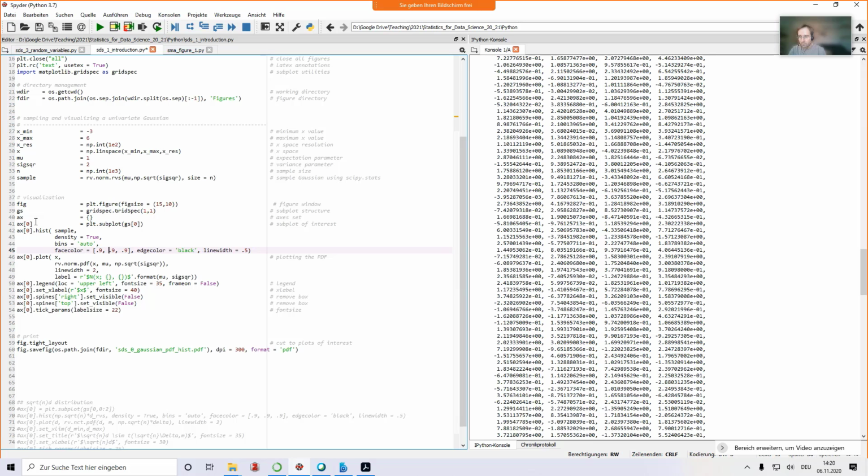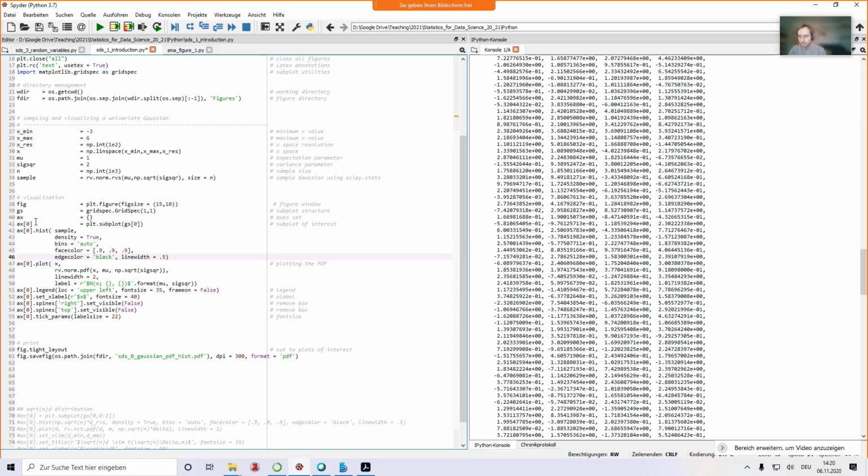Then it depends a little bit on how you set the bins. You can specify your own bins and how many bins you have. Of course, all of these things are documented. I looked at the documentation and figured out that this is a good way to do things. If you are new to this, have a look at the matplotlib documentation for a histogram. There is no magic to it, and you're not supposed to know what's going on without looking at the documentation. So have a look, and that's a PDF estimator histogram if you want.